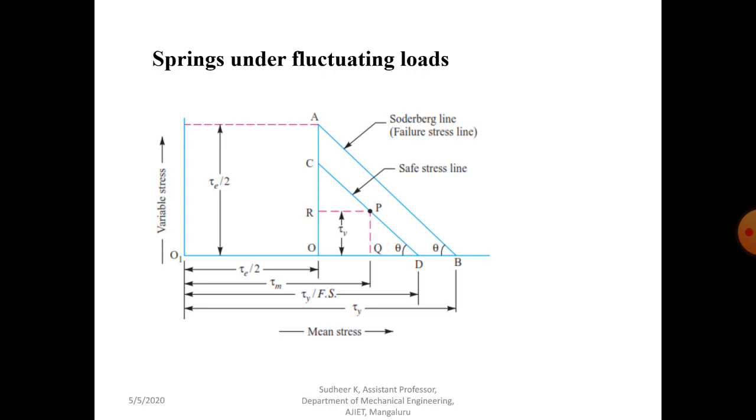So those are the two stresses, because we previously discussed only one stress in the helical spring when it is subjected to static stress. Because here there is a varying load, we have to consider two expressions: one for the mean stress, that is the mean torsional stress, and another for the torsional stress amplitude, tau a.